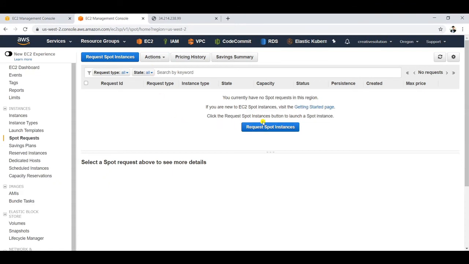To request a spot instance, you will be charged less, actually, but if someone pays more, your instances will be given over to that other person. That's more or less about spot instances.